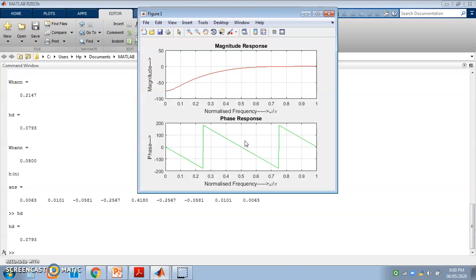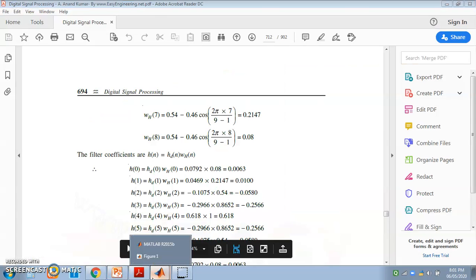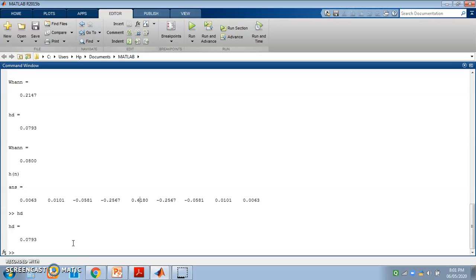In this way one can compare the solution. Now if we switch to the magnitude and phase plot, that is in the figure window, here we have the first plot for magnitude and the second plot for phase. The magnitude plot shows that the high values of frequency are getting passed with low attenuation and the low values of frequency are just getting restricted. If you consider the cutoff frequency, it is just 1.2 radian per second. That can be considered in terms of a normalized frequency value, which in MATLAB one can find out is simply 1.2 divided by pi.